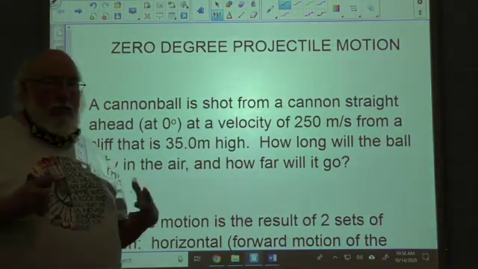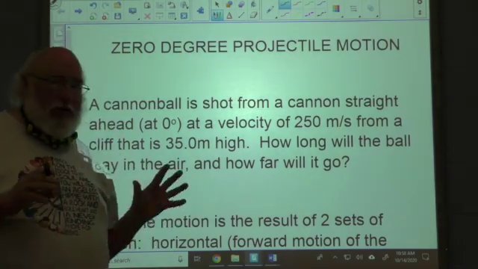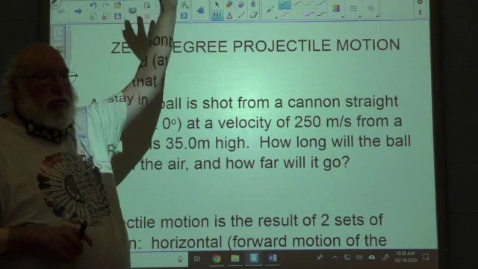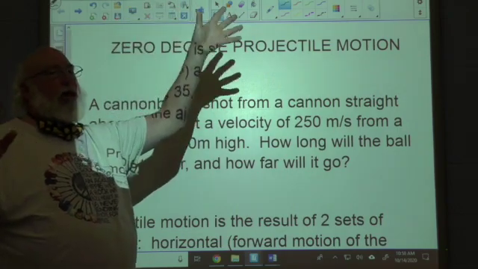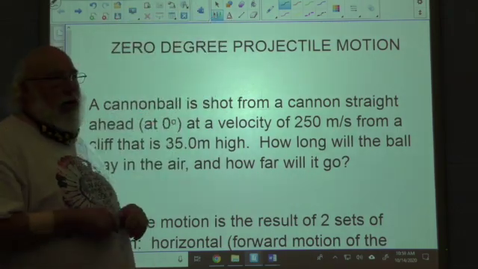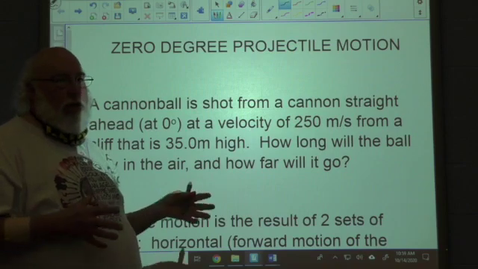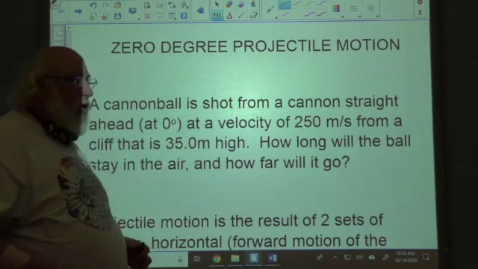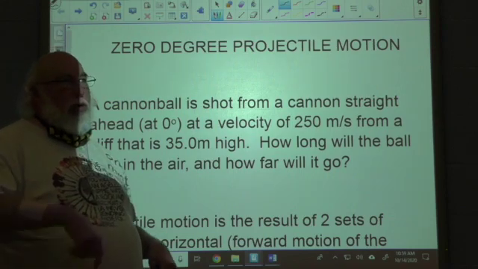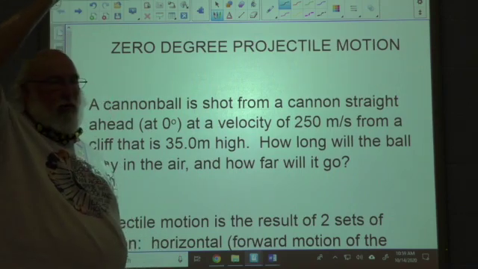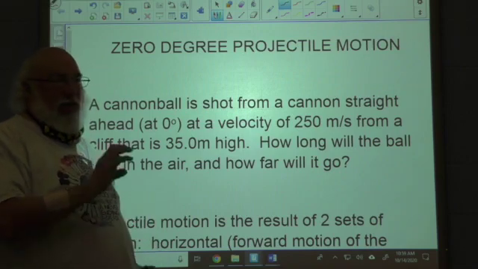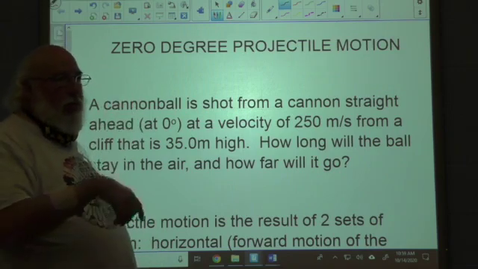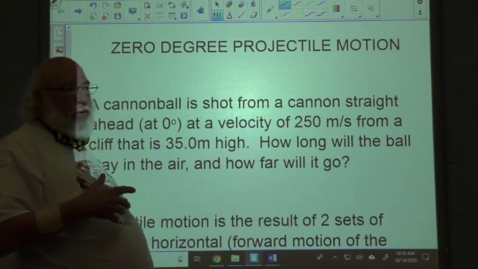Okay, this is going to be the second projectile motion discussion we're going to have. The first one was actually the ball thrown straight up in the air, which is technically a projectile. In order to be a projectile, you've got to have a combination of two motions occurring simultaneously. In that case, we had an up-down motion dealing with gravity, that's the vertical. There was a zero horizontal, so technically, since we can identify the horizontal as zero, that is all part of